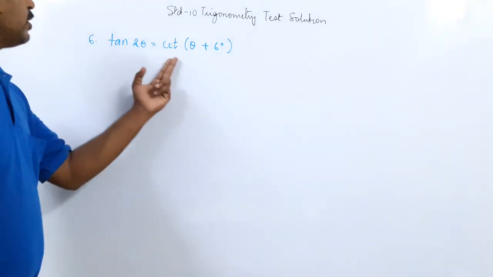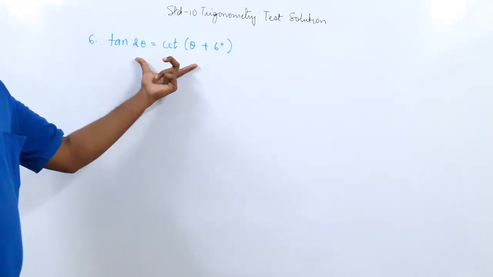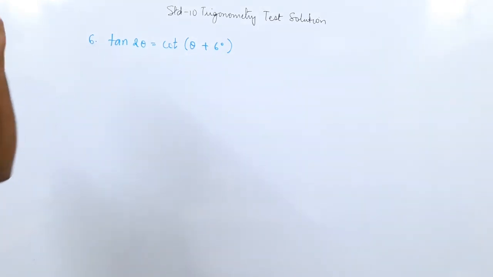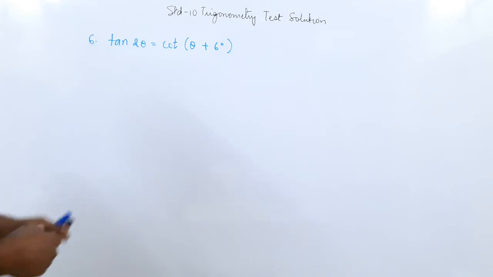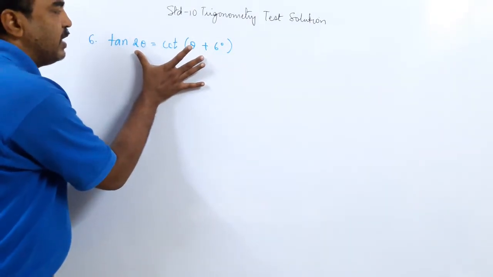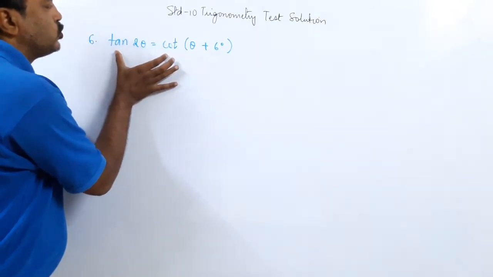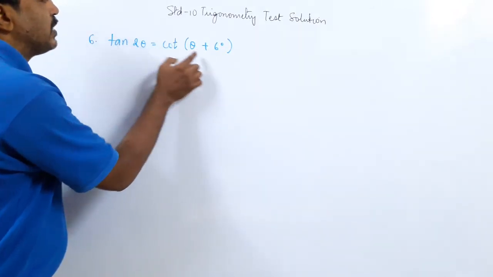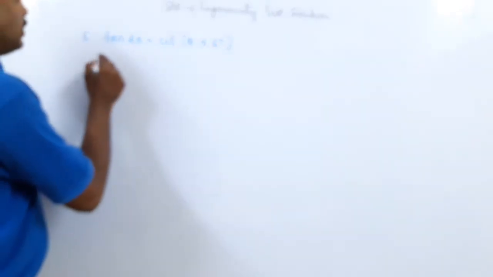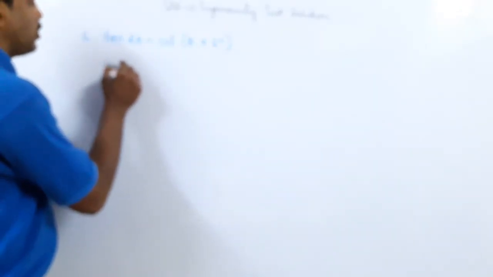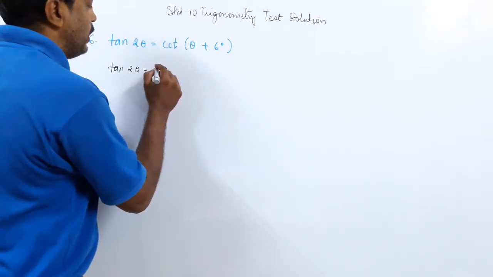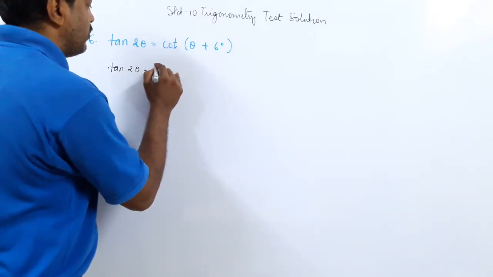Now we know tan and cot, and we have to find theta. So we have practiced a lot of sums. Which method do we use here? We take the complementary relationship. It means that to compare these angles, both should be the same. Means cot has to be converted into tan here. So what is the formula to convert cot into tan? This is cot of an angle. We know that cot theta is equal to tan